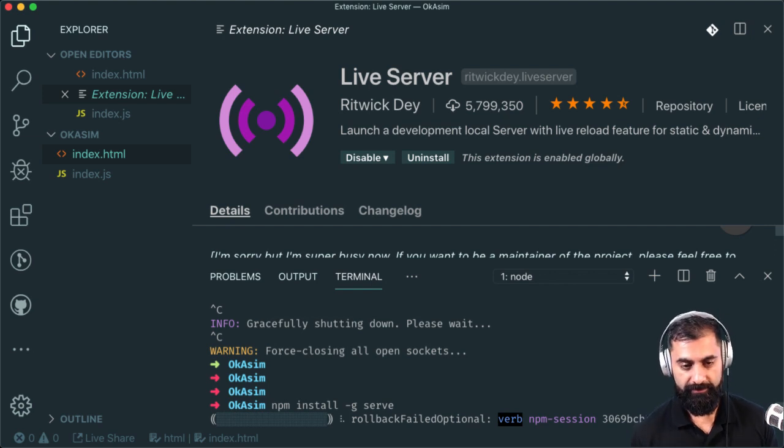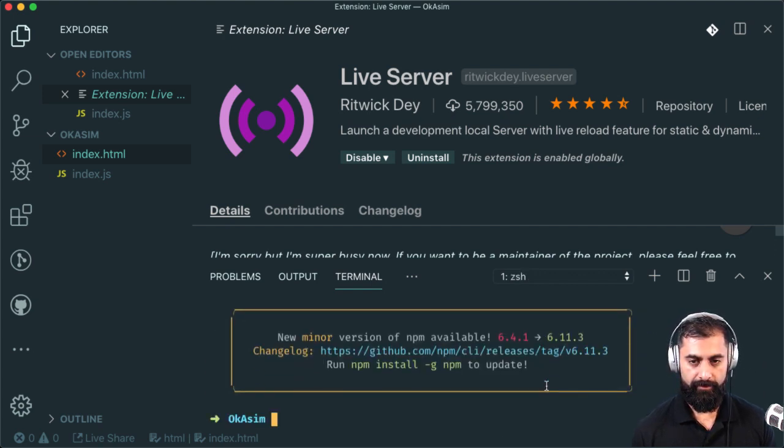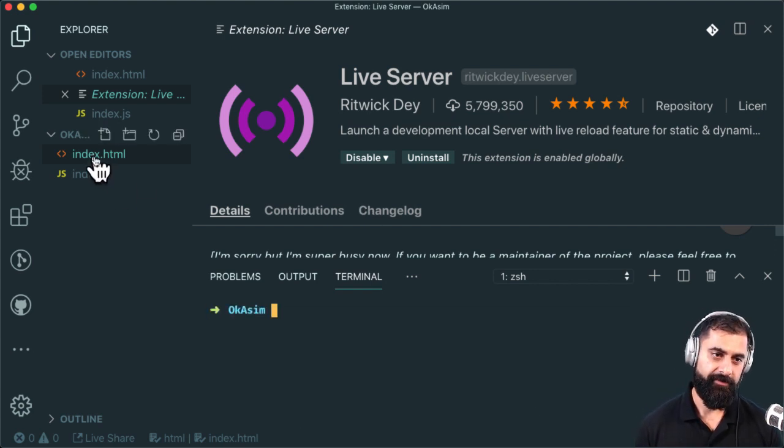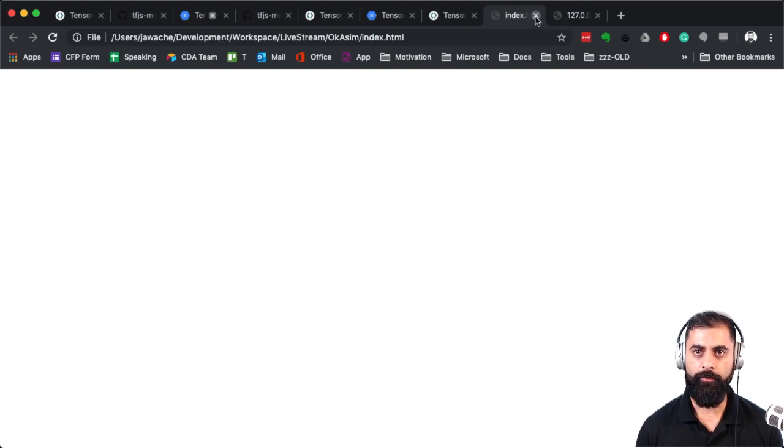Let me just install it because I seem to be on an older version. Everything needs to be updated. Don't worry about it. So I'm going to clear that, and I'm actually going to use Live Server. I just click there, and that's it doing it for me. So I'm going to close these other ones that I'd opened up. Just a couple of different ways of opening it up.